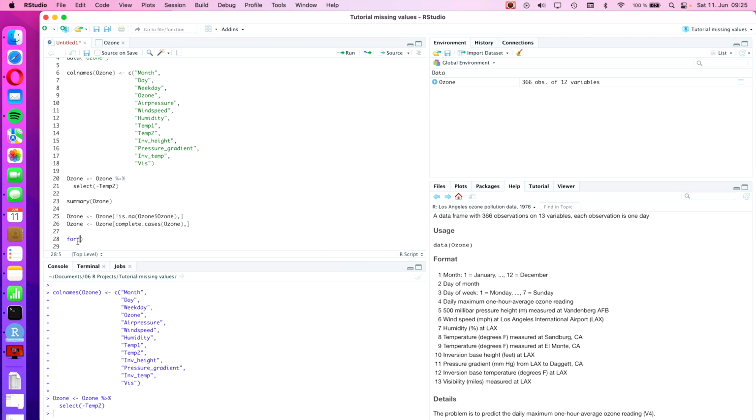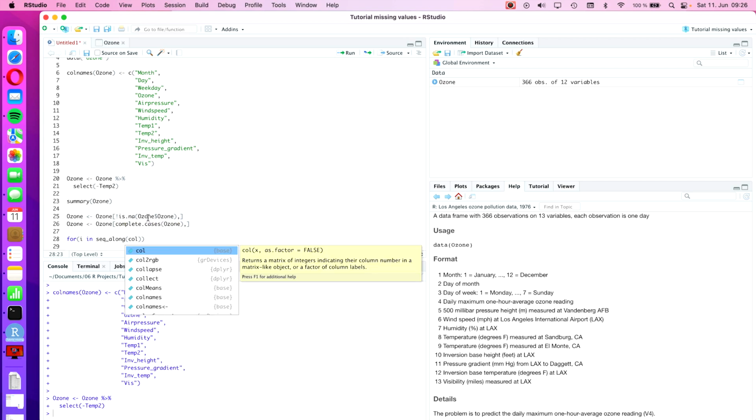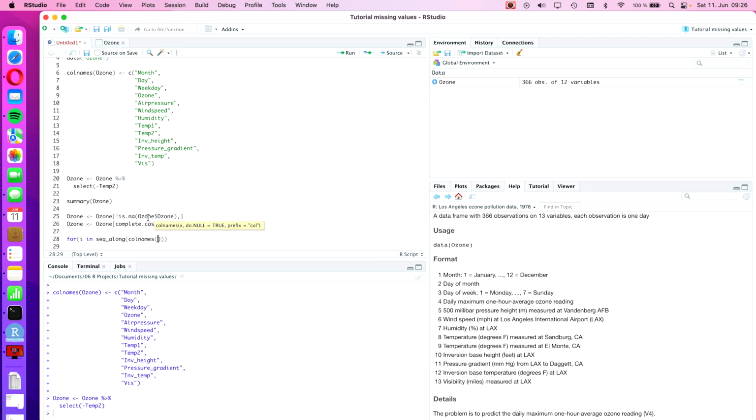So how we do that is we type for, and then I have to assign a temporary variable name for this loop, and I'm going to just use the classic i in, and then we will use the seq_along command, which basically goes in a sequence along the defined names, and then in the brackets we type colnames of ozone, and then we should now have 3 closing brackets: one for the for, one for the seq_along, and one for the colnames. And then we type the